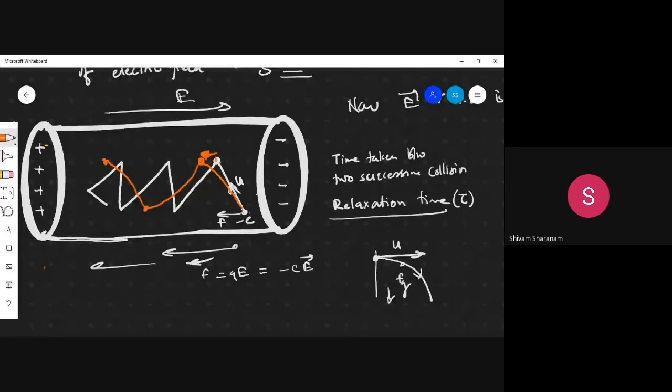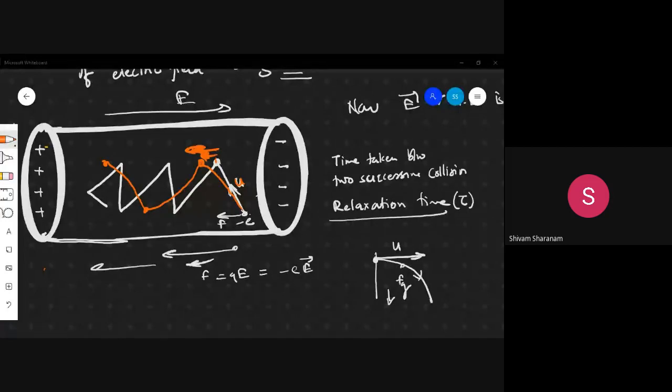See, when the electric field is applied, it experiences a force in this direction. So its velocity will increase in this direction. That velocity is already there, but now a new velocity is in this direction, and this velocity is the reason why it is drifting in that direction. So this velocity we call the drift velocity of the electron. And why is this drift velocity coming here? Because of the electric field. Is that clear? Sir, explain again. Okay.